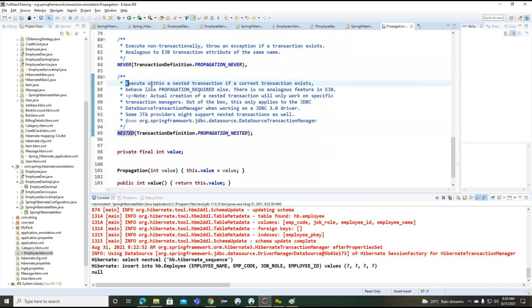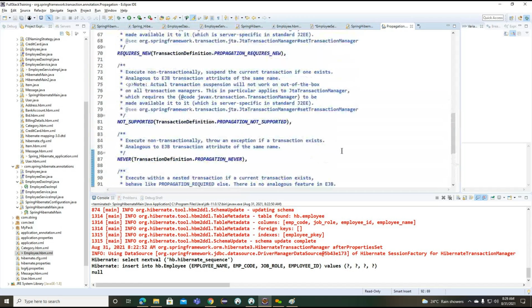Now you can see, execute within a nested transaction if the current transaction exists. If the current transaction exists, it is going to work as a nested transaction. It is going to work like an inherited concept. If any superclass or subclass is running with a transaction, in the same way this current transaction is also going to work.